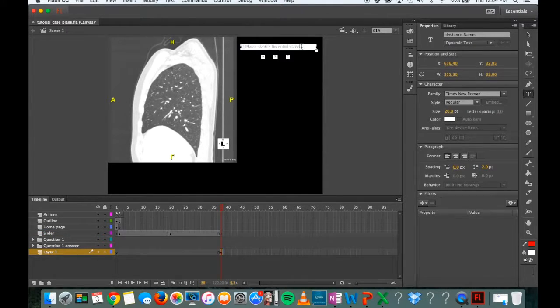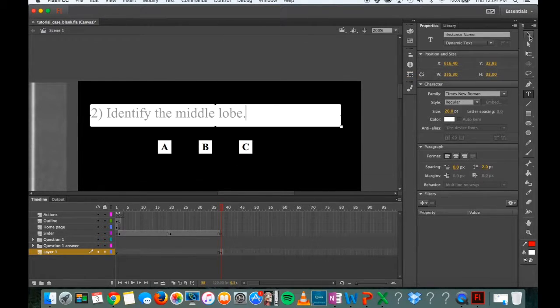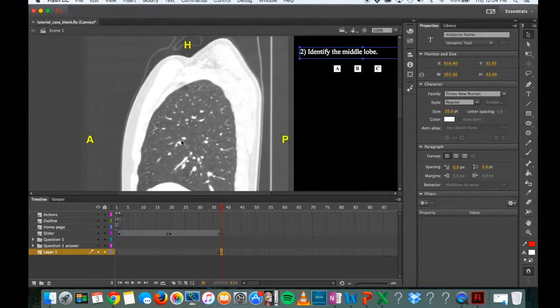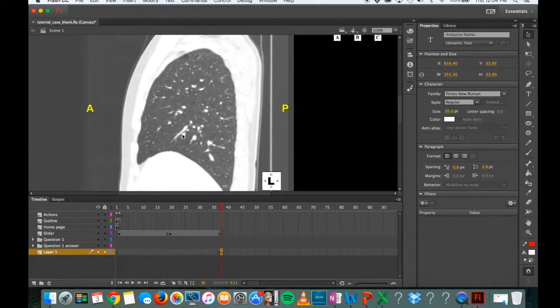I guess the question we'll do for this is just identify the middle lobe of the lung. This is an image of the right lobe, and we'll be able to see that when we zoom in a little bit. And you can see here the fissure, so this would be your transverse fissure right here, and then this would be your oblique fissure, upper lobe, lower lobe, middle lobe. So we're just going to label